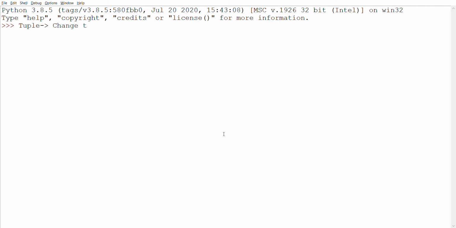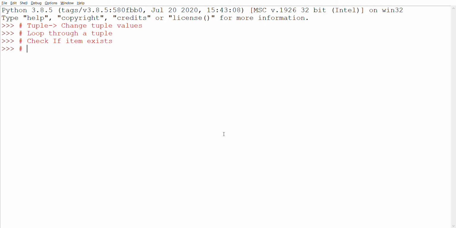Change tuple values. After that, I will go through loop through a tuple. After that, I will check if an item exists.